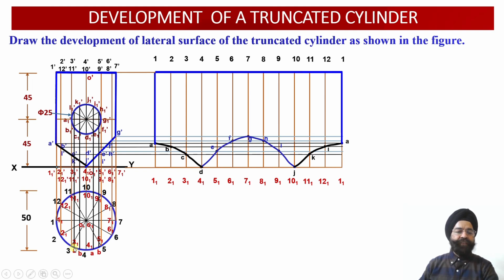So the first point we have marked as point A between 3 and 4. The second point corresponding to K1 dash and C1 dash, we have marked as point B between 3 and 4 over here. Similarly, these 2 points I1 dash and E1 dash, again they have coincided with each other in the top view projections. So let us locate their location onto the circumference on the rear side and onto the